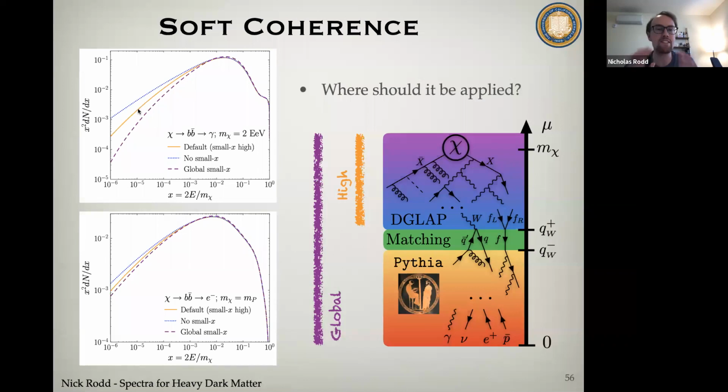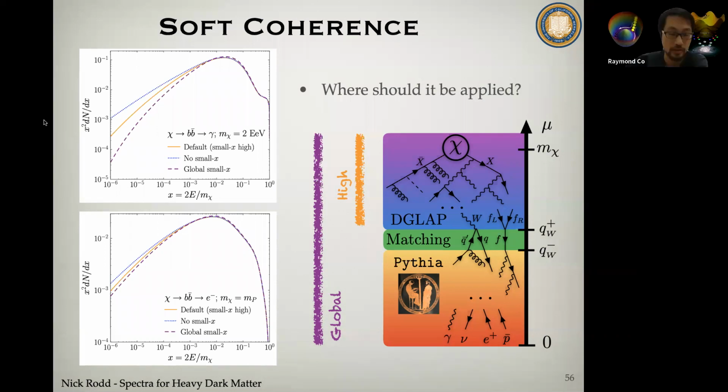So again, it's not like a rigorous accounting of the errors, but it gives us some idea that at intermediate energy fractions, the size of the error is maybe order 1, but it's not enormous. So this is where we would like to do better. I see. All right, thank you.